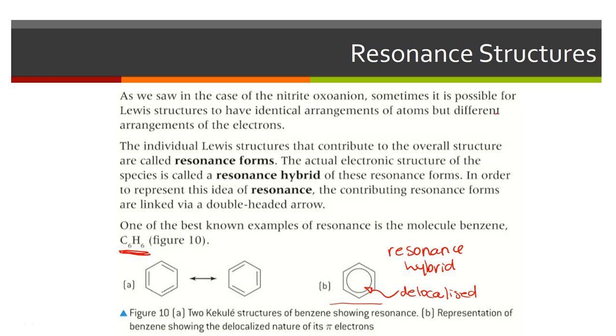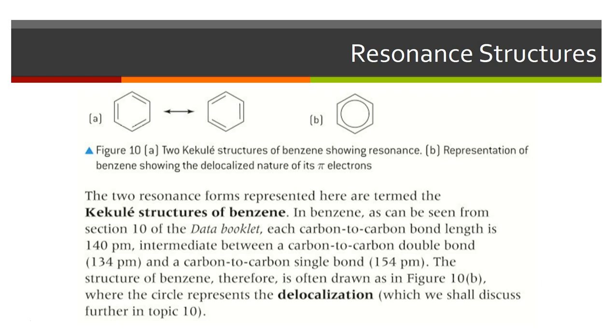Okay, so we've talked about delocalized electrons in metals and things like that. So essentially the electrons are moving across this region or around this ring. They're constantly moving. Okay, and this slide here is essentially explaining that we can see this experimentally, because in benzene the carbon-carbon bond length is found to be 140 picometers, which is in your data booklet. So the carbon-to-carbon double bond, this one here, would normally be 134 picometers,